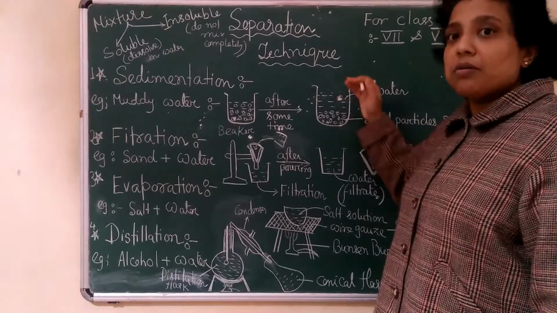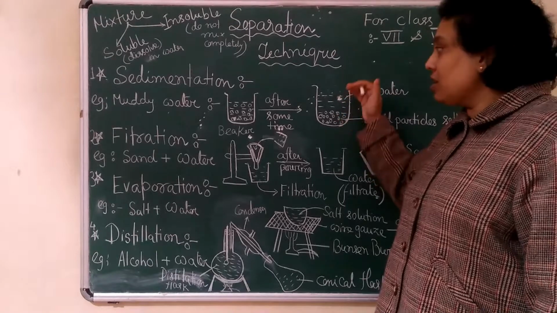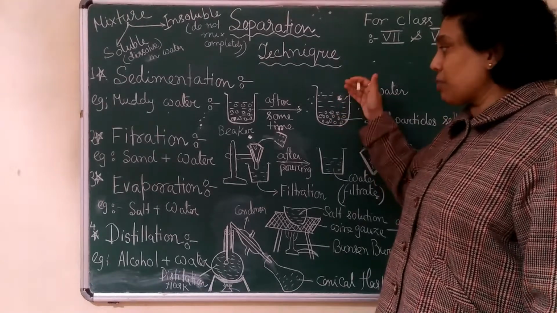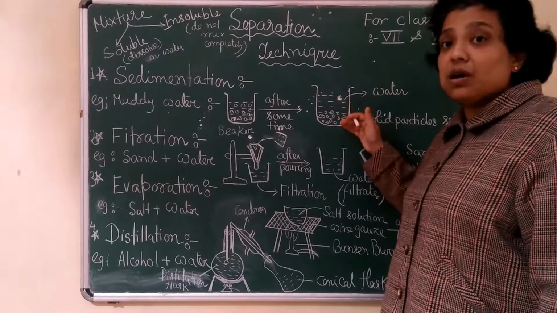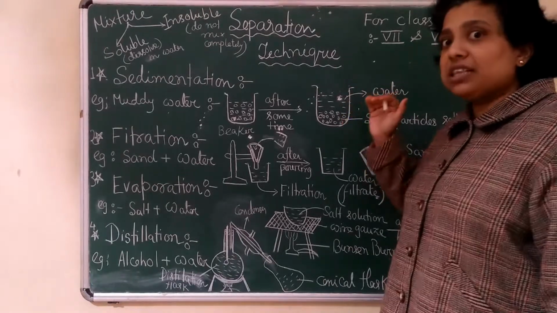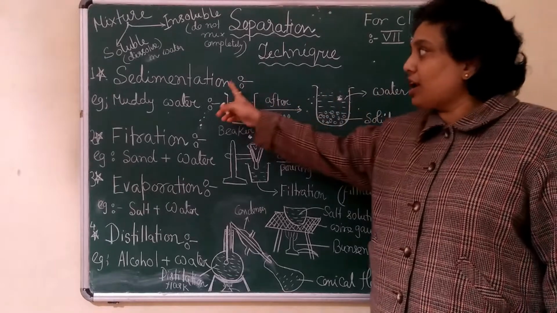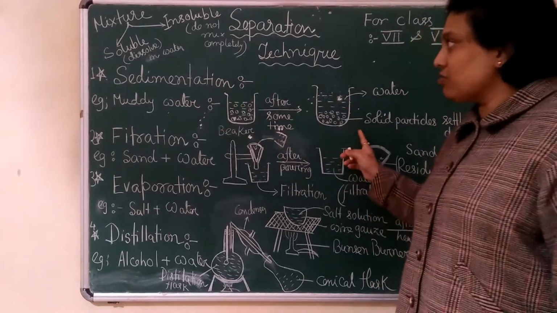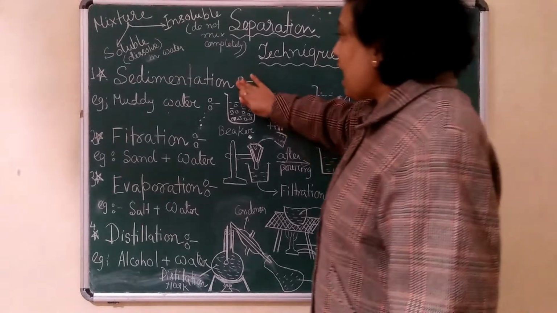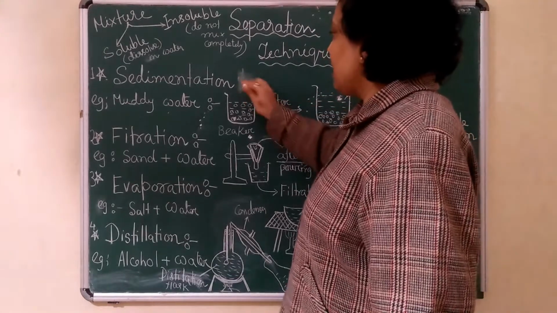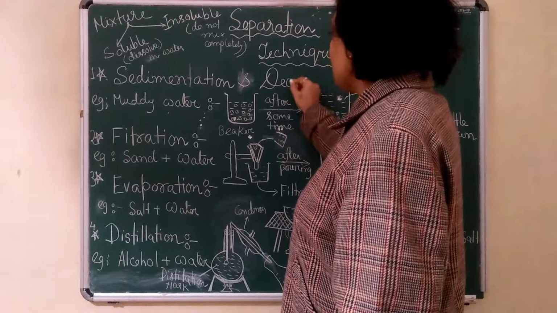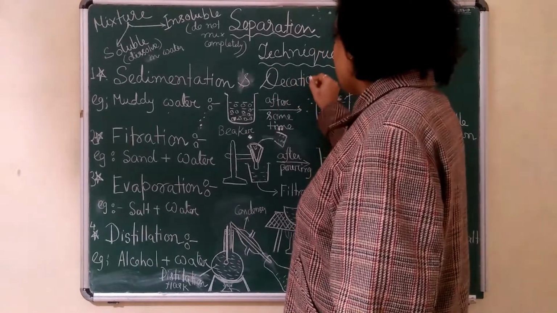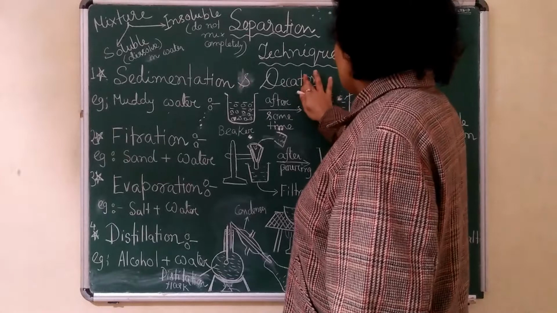So this way, with the help of sedimentation, the separation of muddy water is possible. If it is only sedimentation, this much you will write. And if it is sedimentation and decantation,